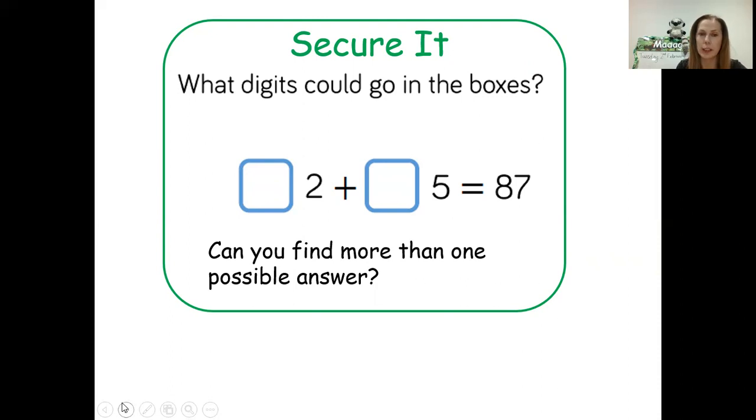So for the secure it, this looks tricky, but if you think about it, it's not too bad. It asks you what digits could go in the boxes. So we've got some missing numbers here, and we know these numbers and we know the answer. So I'm going to give you a little bit of a clue. Okay, so 2-digit numbers, this is the tens, this is the ones. Okay, add this number, this is the tens, and this is the ones. And this is your answer,